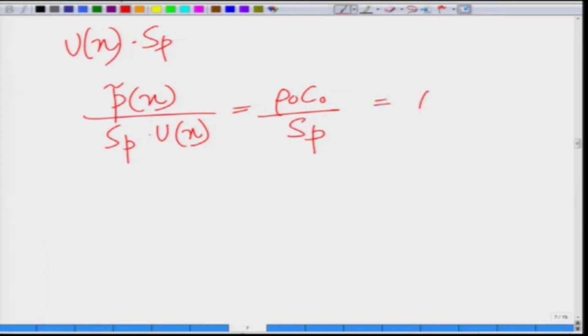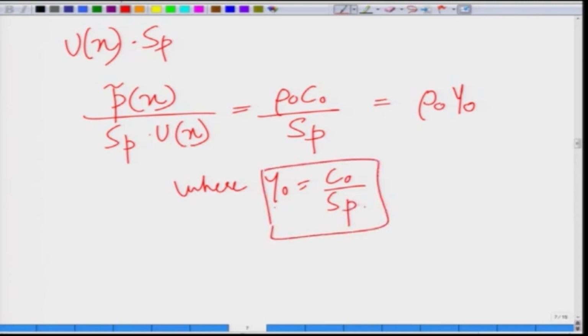Typically, we will write this as rho naught times y naught, where y naught is C naught by S p. We will name this particular thing in due course, but this is called the characteristic impedance in terms of the volume velocity. So, let me call it Z v,